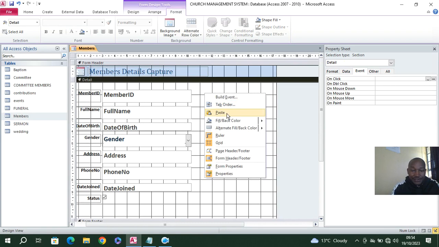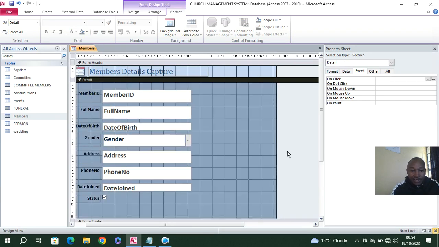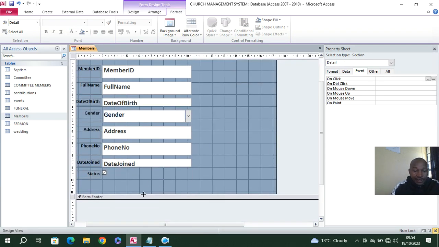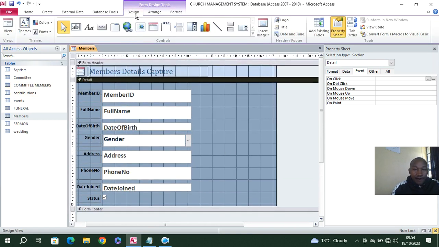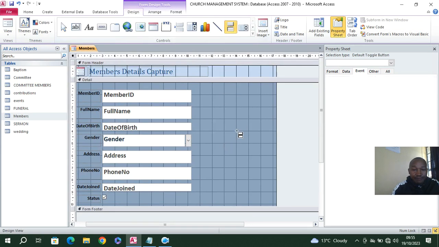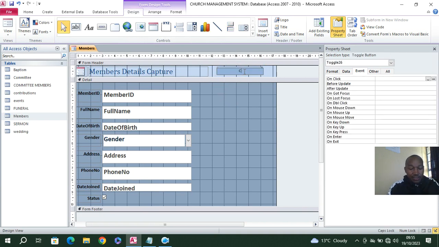Then I can just change also this background here. Can change the background. Then I need to put buttons. For example, I can start by putting a cross button. So I just go to this toggle button here. I need to put the cross button here or even here. So I just click on it, type cross